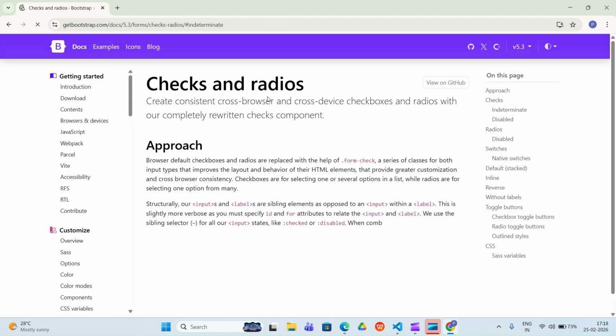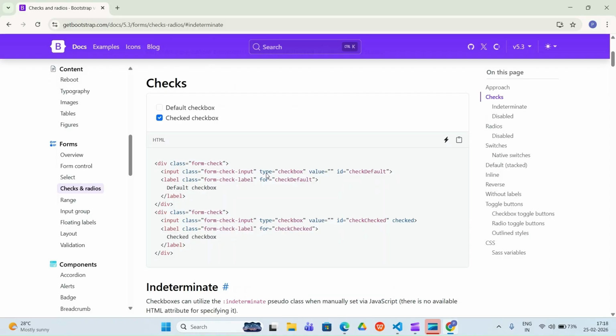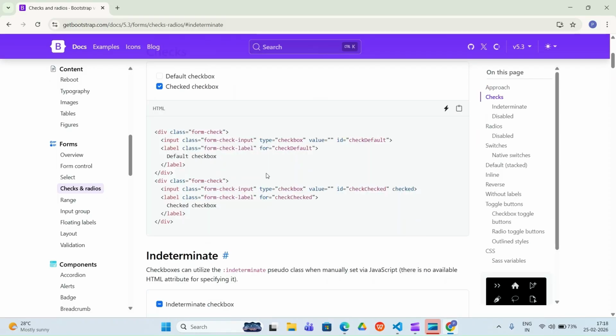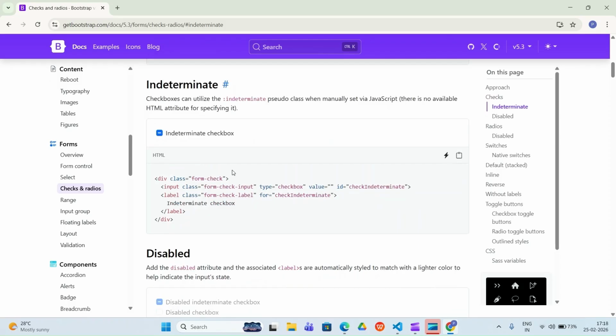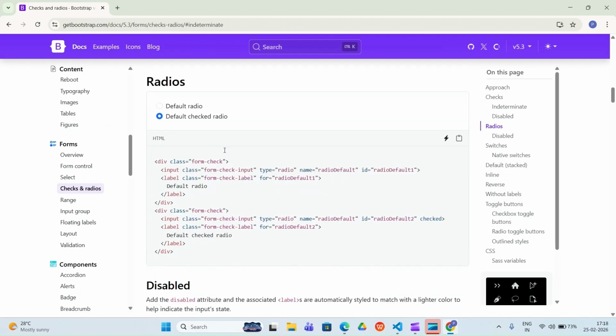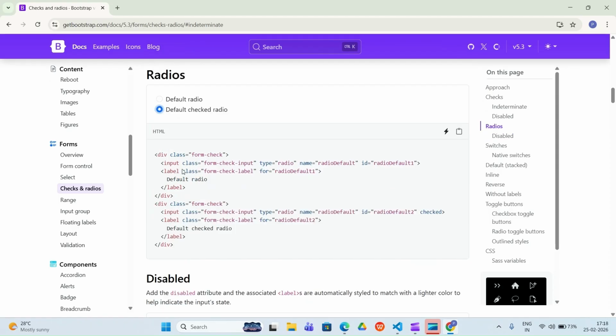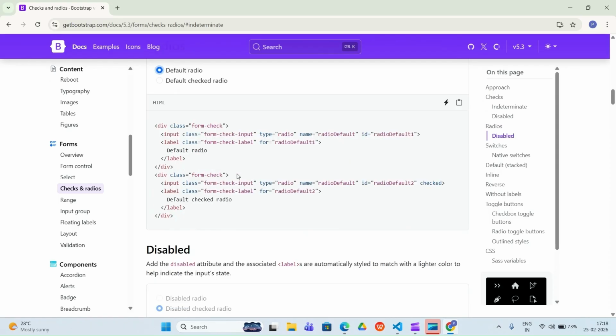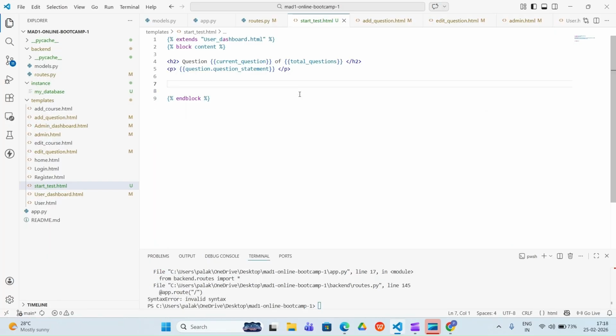If I search for the radio form, you can see a few radio-form structures come up. Here is a multiple select question, and this disabled one is not of our use. And here you can see this one is the radio-like structure, with one selected option. So let me copy this and go here. Before pasting it we need one form here, and under that form we will put all these things.